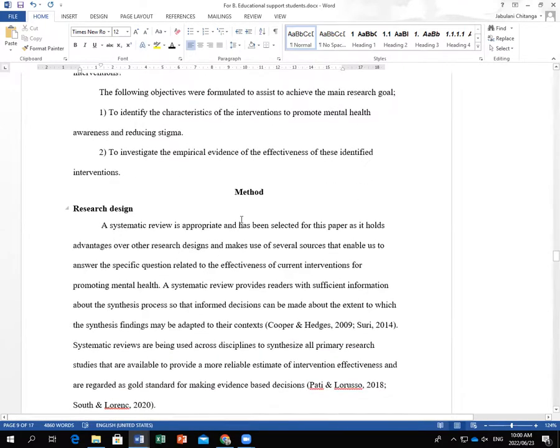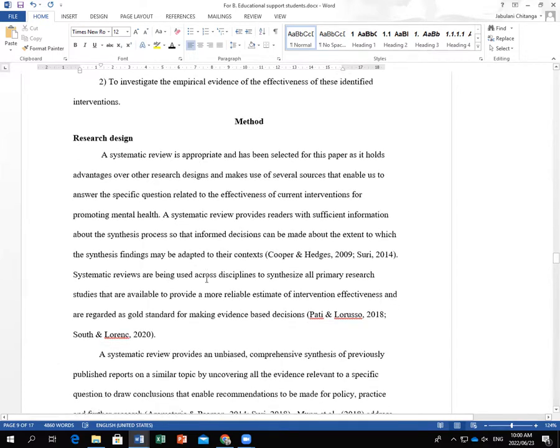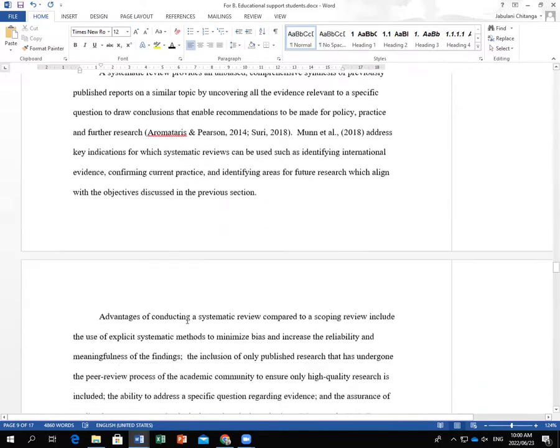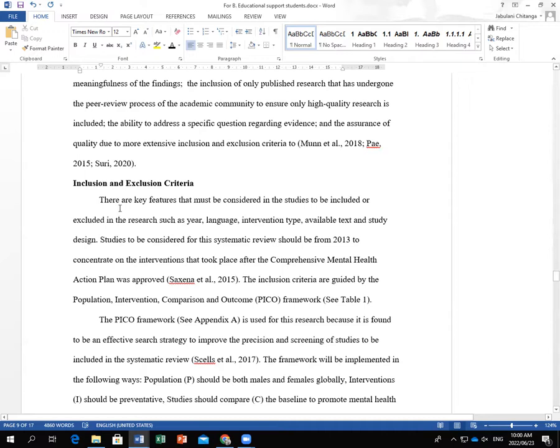Now what is important is the method section. You see, some scholars prefer methodology, but does it make a difference? We're going to describe the design, like what the student did here, in your own words, to explain why you chose a systematic review. The second subheading after that is the inclusion and exclusion criteria. Under this section, we are explaining what types and forms of